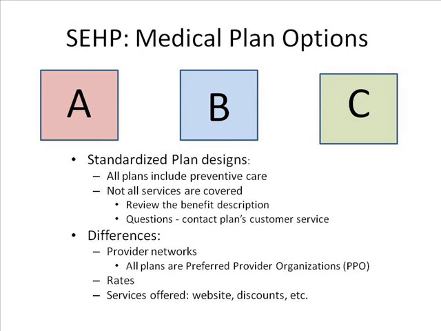The State Employee Health Plan offers 3 medical plan designs to choose from. They're known as Plans A, B, and C. All 3 plans cover a comprehensive package of services, including preventive care. But not all medical services are covered. You should review the benefit description of each plan or contact the plan's customer service representative if you have additional questions. We'll go through the plans in more detail in the next video, but here are some of the basic